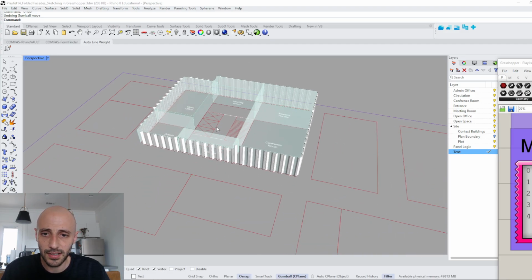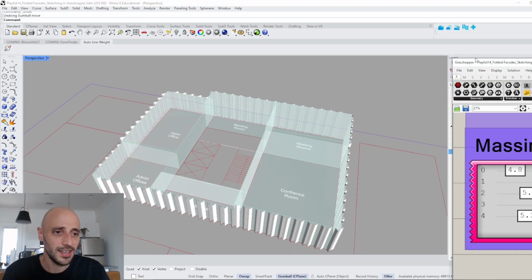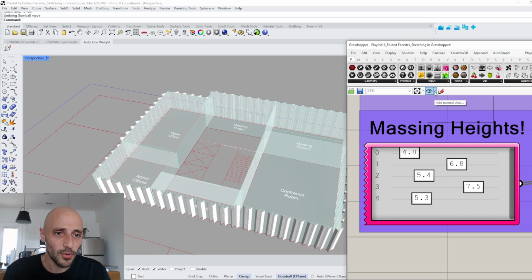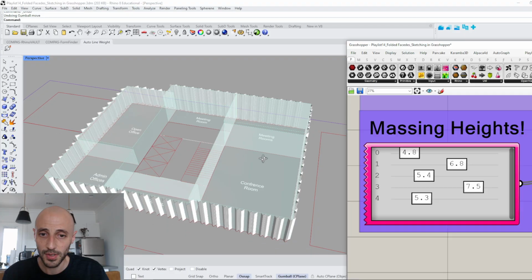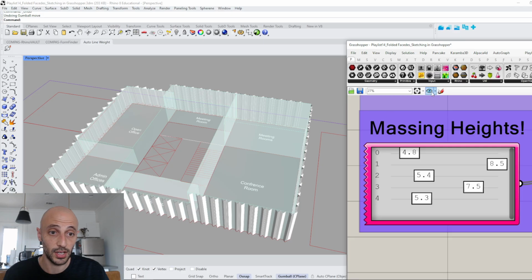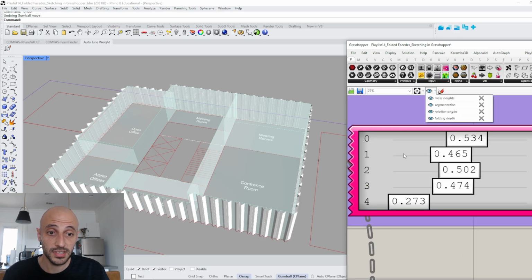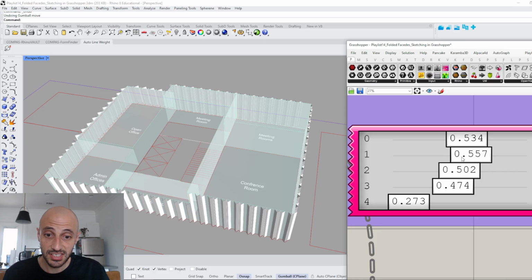So this is a kind of a building massing, and within this massing, based on the massing height, we can change the massing height based on their function. So this is the conference room. You see, I can have a bit more elevated conference room and the facade follows that. And I can come over to the segmentation. I can change the segmentation.